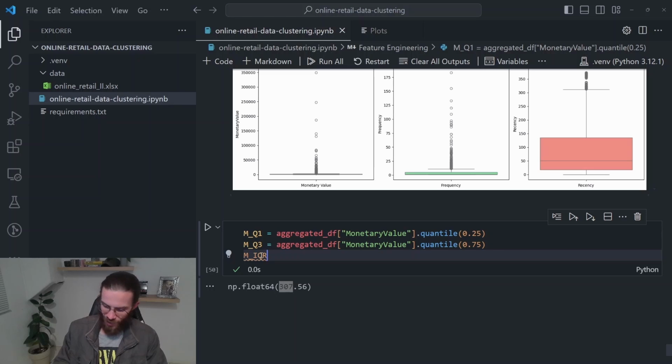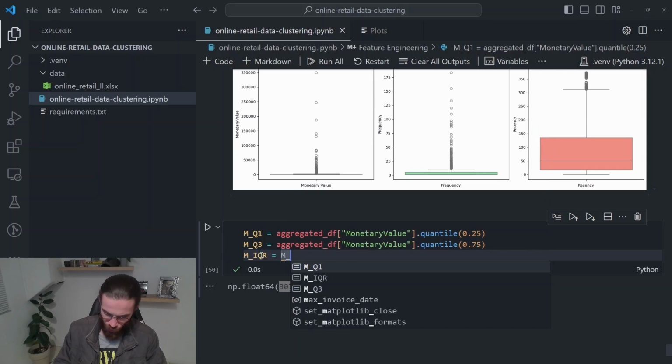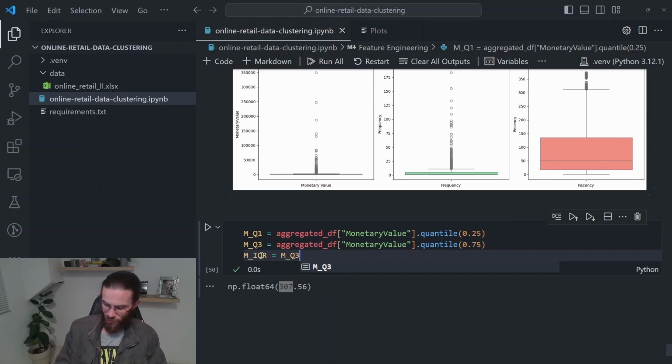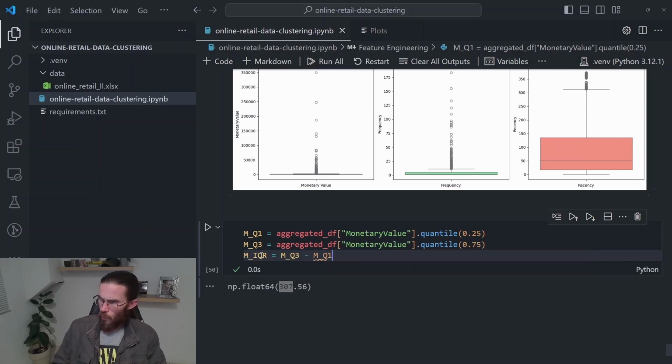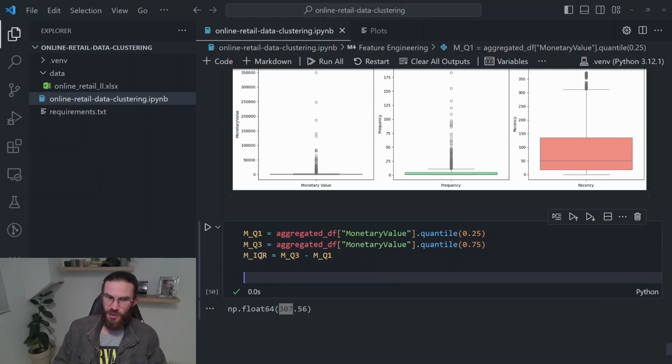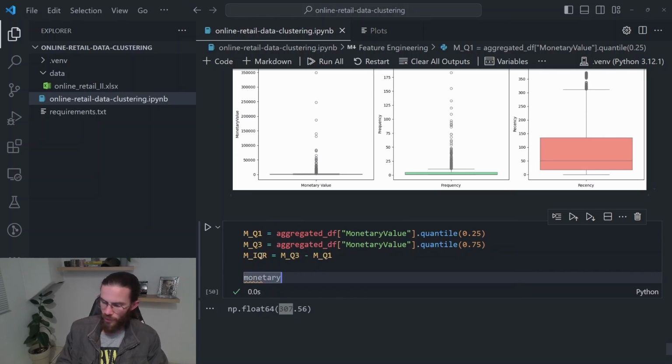Cool. So we now want to get an interquartile range, and that is just the difference between m_q3, so our monetary value quartile 3, minus m_q1, and that is our interquartile range. Now, to get rid of outliers, we are going to separate out our outliers. To separate out our outliers, we are now going to create a new data frame. Let's say monetary_outliers